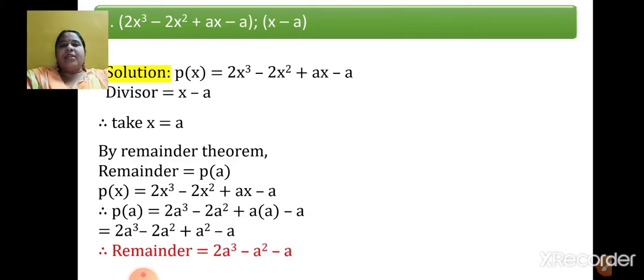What are the basic steps? Whatever is the given question, you write it as p of x. Look at the divisor and you take the sign which is opposite of it. It is minus a, so I am taking a. Substitute it by remainder theorem. Whatever value of the polynomial you get, that will be the remainder. Okay, so like this, I want you to solve it quickly in your notebook and we move on to the